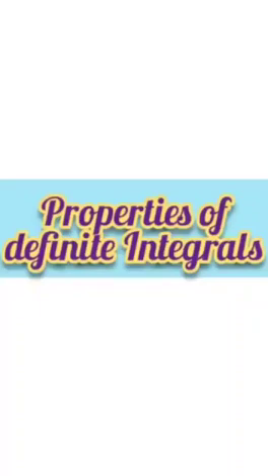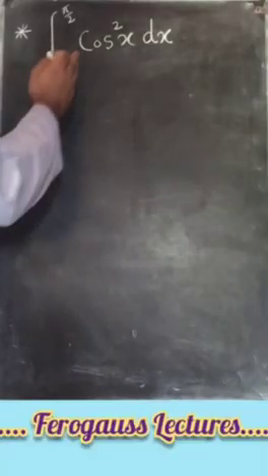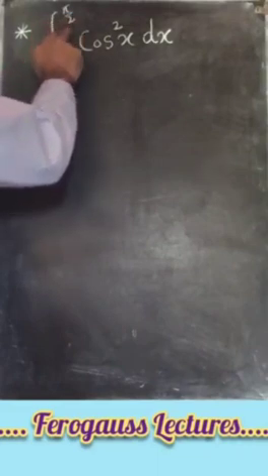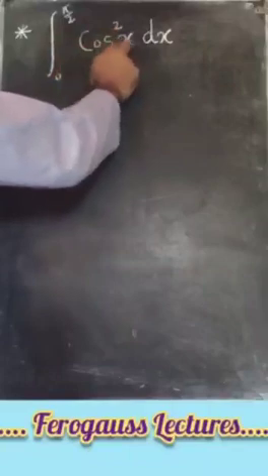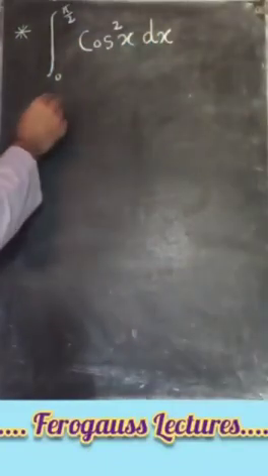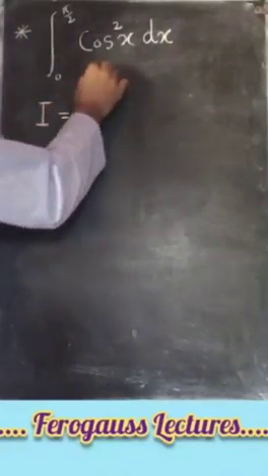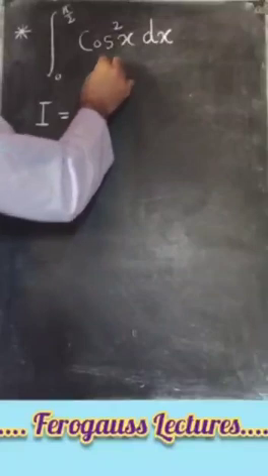Today we will evaluate some definite integrals from exercise 7.11 of your textbook, and we will evaluate these integrals using properties. Here is the first question. Here we have to evaluate this definite integral, that's integral 0 to pi by 2 cosine square x dx. Now we put this integral equal to I, that I is equal to integral 0 to pi by 2